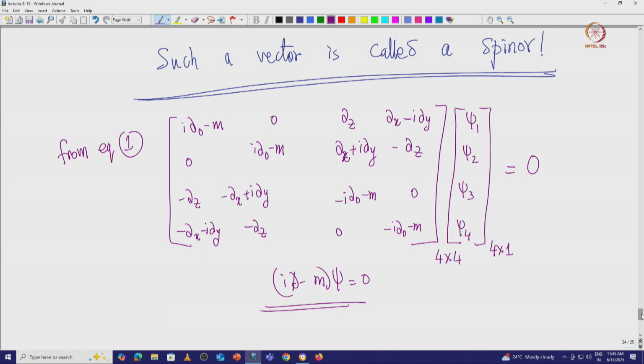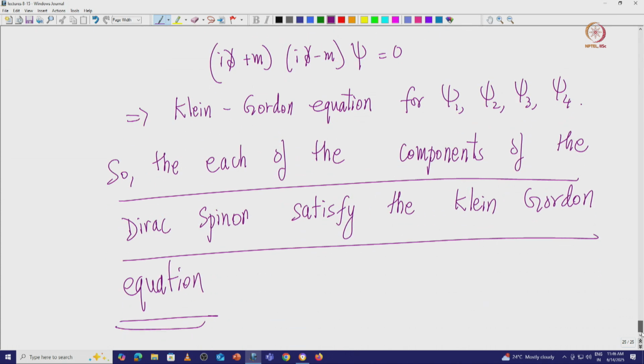In fact, as we will see later on, the Klein-Gordon equation itself can be written in terms of a two component format, and then it can be useful for deriving the non-relativistic reduction. As I think I mentioned in the class somewhere, there are other ways of deriving the non-relativistic reduction. Another form of doing the same thing would be to use the two component form for the Klein-Gordon equation, especially for the charged scalar field equation.